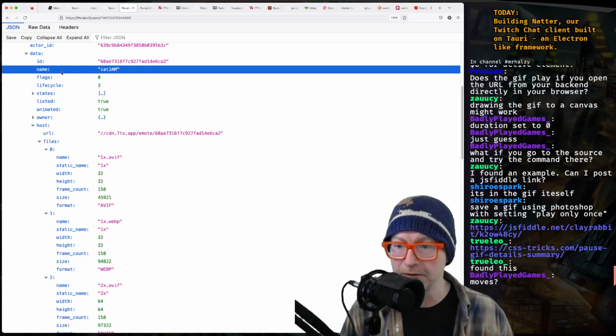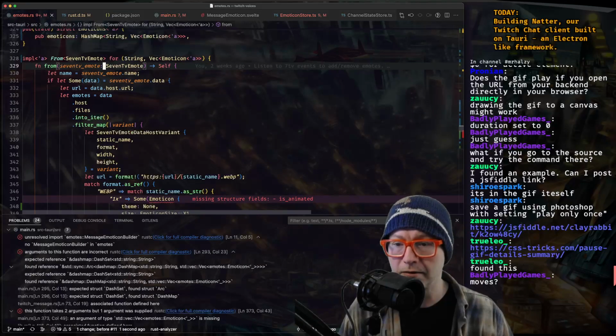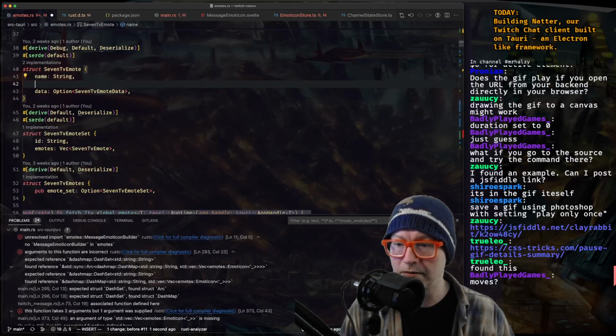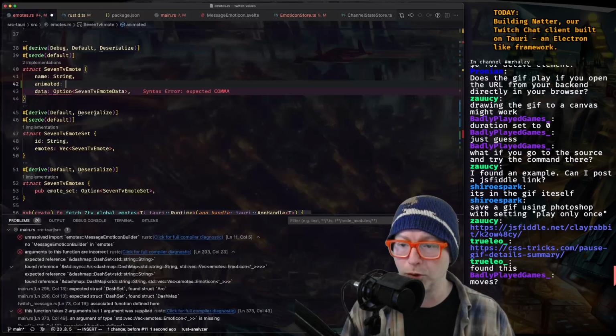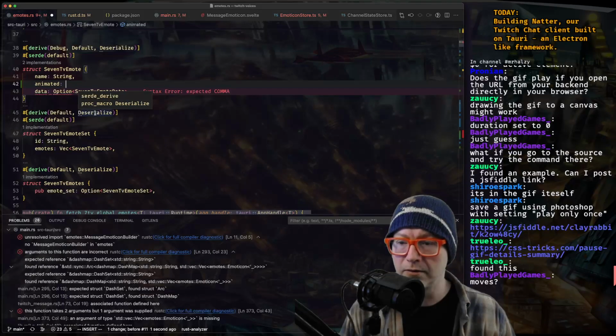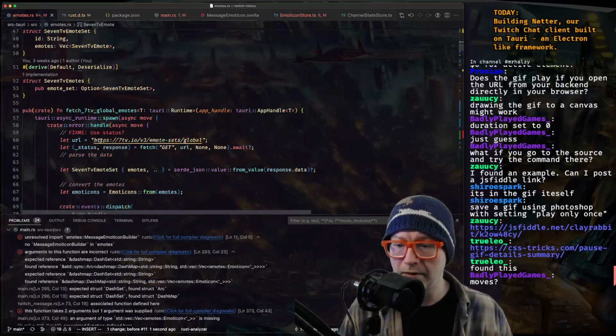Where's name? Is that this one? Cat gem. Okay, then animated is off of that. And this is a Boolean. Okay.